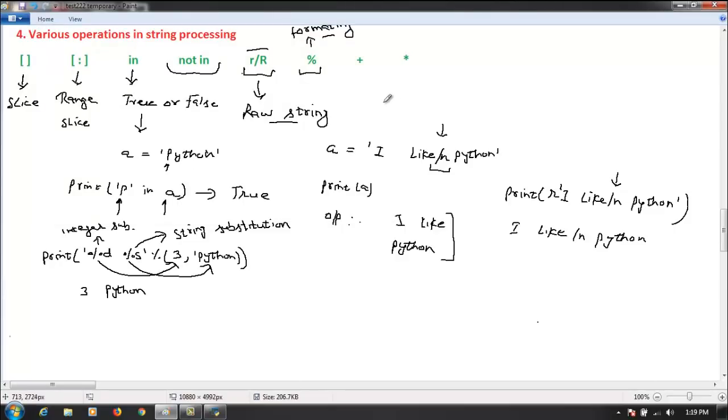So next we have the plus operator. So what is the plus operator? This is used for string concatenation, right? What does it mean? That means to say,